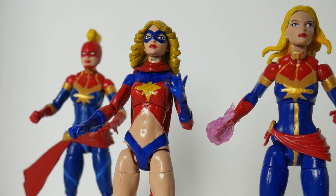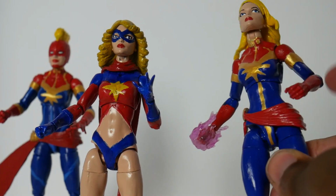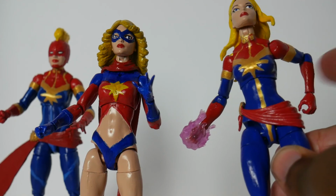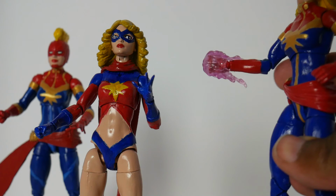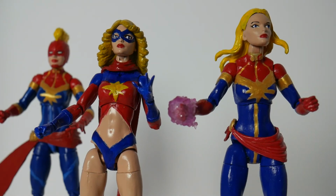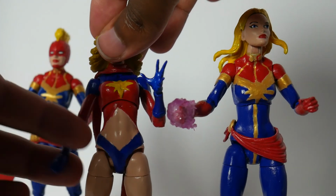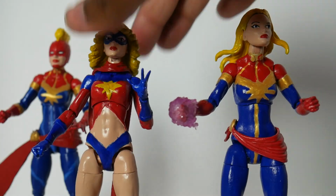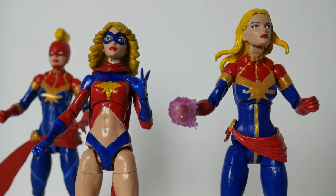The one thing that I didn't realize was going to happen is this. See how loose and flimsy this is? That sucks, and it's like that on both arms. Very loose and flimsy. Shouldn't be that way. I really hate that. But again, I use the same arms in here, and this, not at all loose and flimsy. It works like it's supposed to. So I don't know exactly why. I mean, I know the pin is very small,